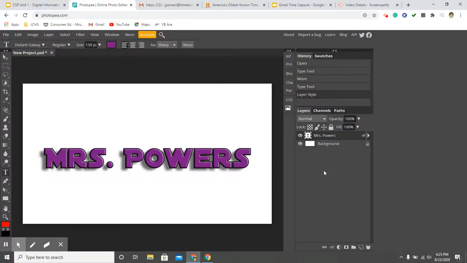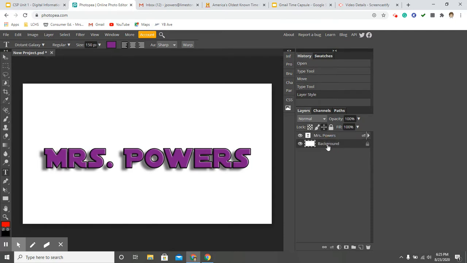All right, so part 2 of your assignment is going to be to add a gradient background. And we probably should have done this first. Again, I'm not sure how far into the Tanya Skinner videos you got, but the important thing that makes PhotoPea and Photoshop different from other photo editors is the ability to have multiple layers. So on the right-hand side here, you can see that we have my text layer,